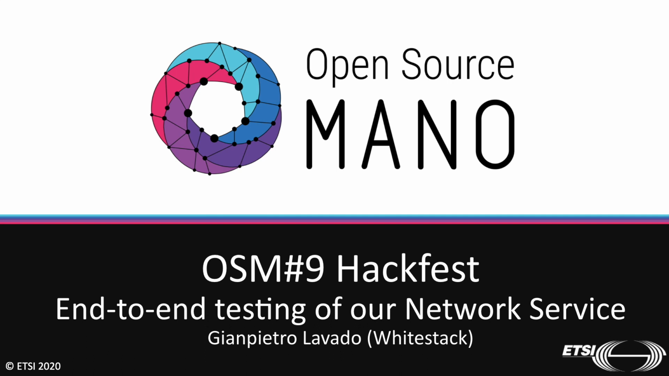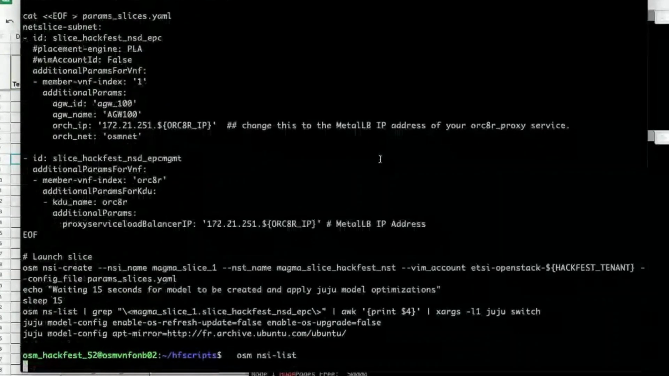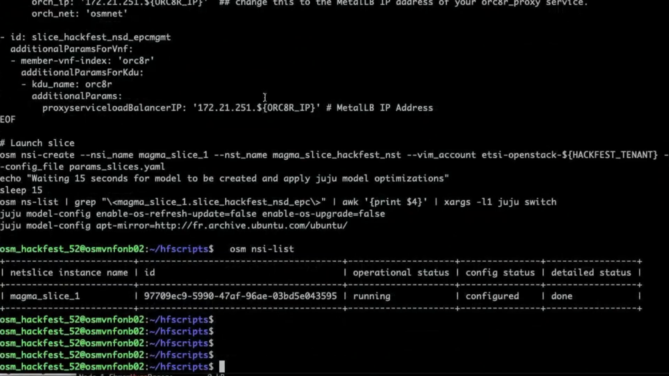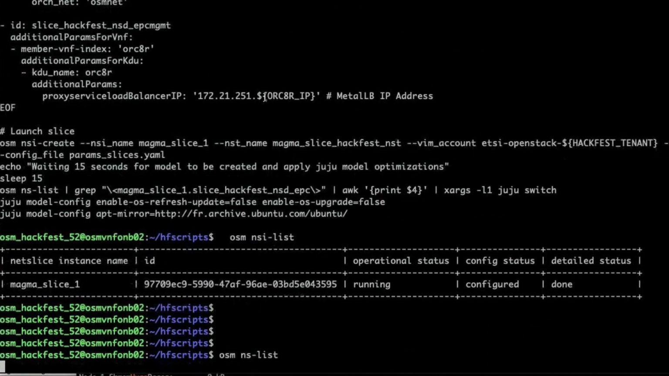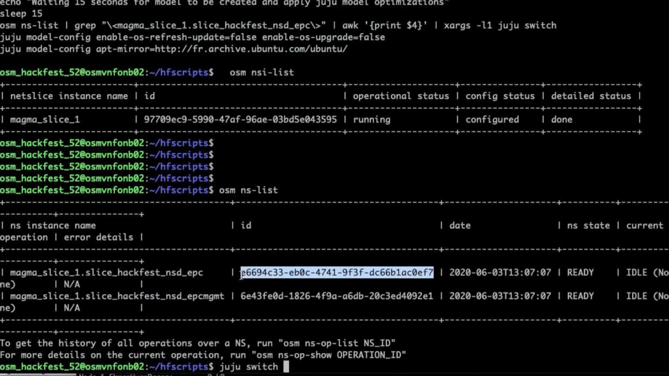I will walk you through the whole picture. Let's see, we have these slides running. This slide is comprised of two network services, the EPC and the management of the EPC. They are ready. If we see the primitives that are associated to this